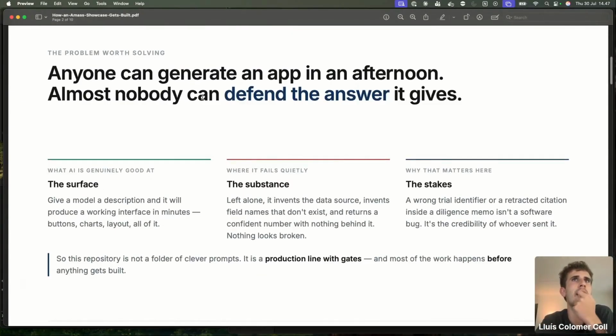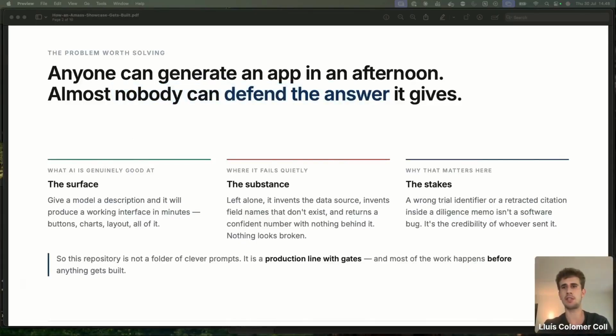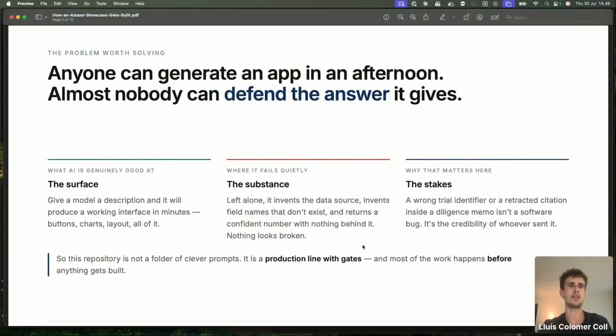So again, what we tried to highlight at the beginning of this webinar is that building an app is easier nowadays. The challenging part, which we aim to solve with Amass, is giving this layer of grounding knowledge, so you can defend the answer that it gives.